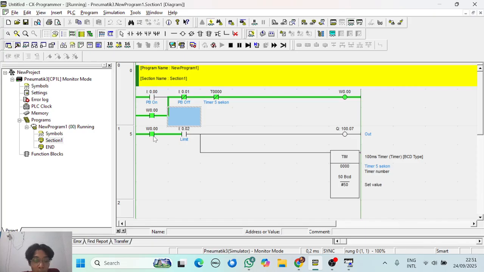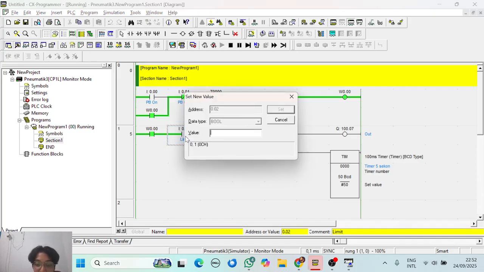So next, the second row. In the second row, the status of the relay continues to the second row. The signal is on, but stops on the limit sensor because we should trigger the limit sensor to make this count the timer from 1 to 5 seconds.